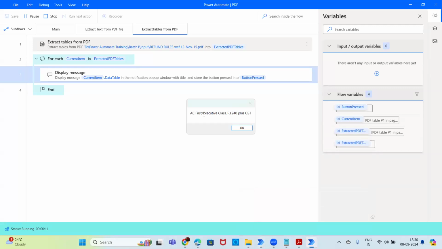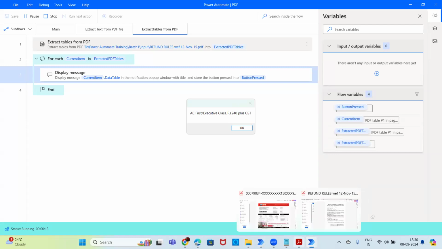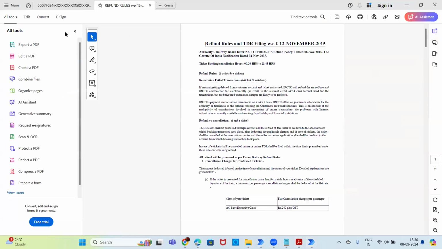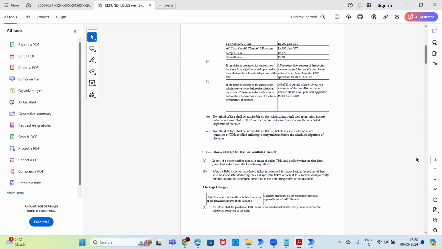Yes, we are getting the data. See, you can see the data. AC first executive class 240 plus GST. Okay. So next we'll see in the next page, we have this one, right? First class AC, all this. So here we are getting